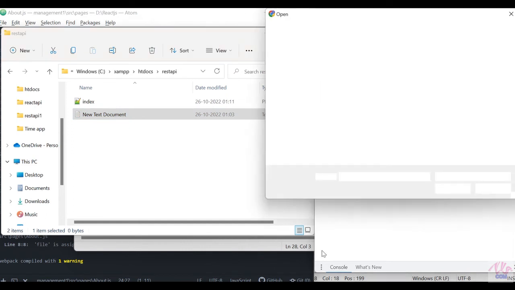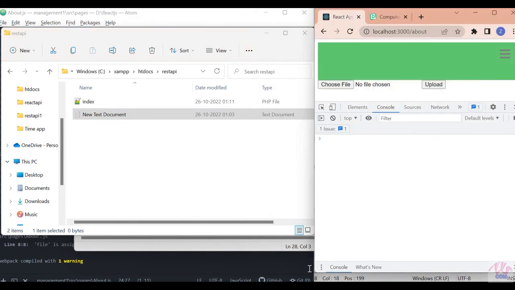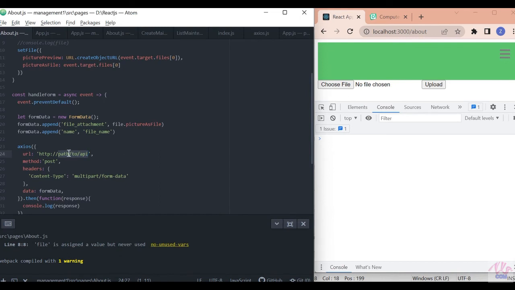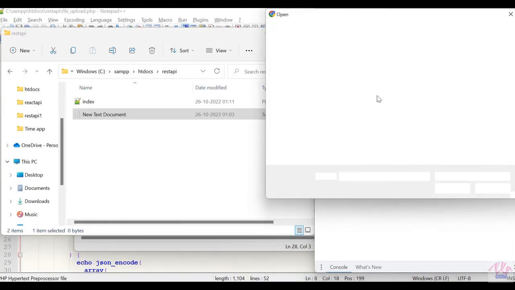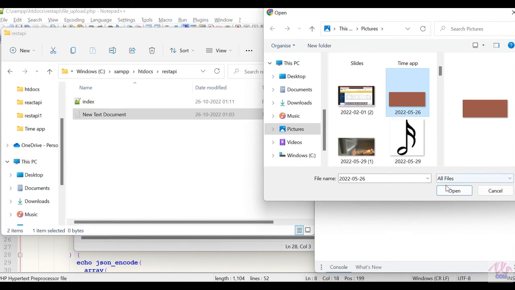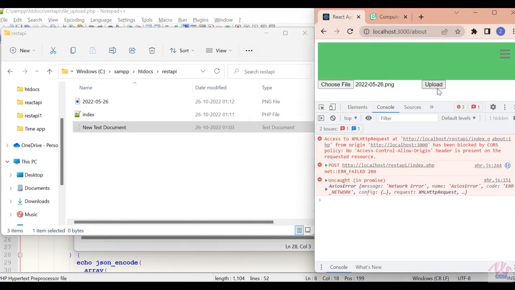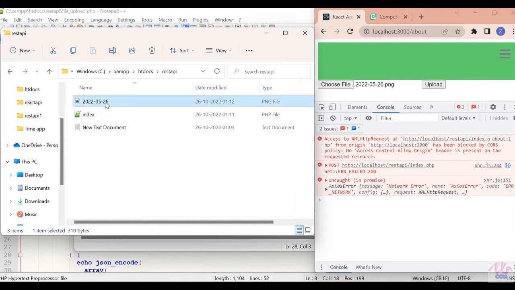Let's try to upload a file. We need to correct the API path first. It's showing an Axios error, but the file got uploaded.